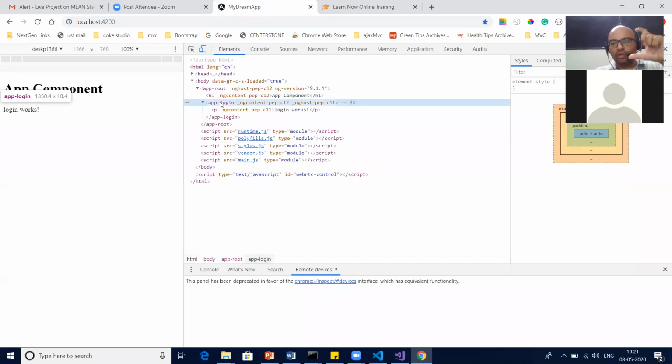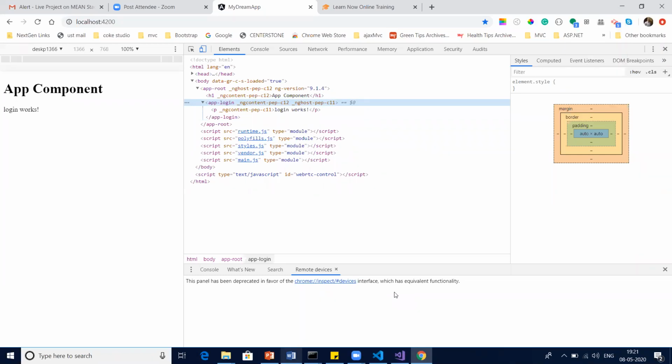So in the app component, now you have the app-login component loaded. If you open this, you can see your paragraph tag is there, your HTML is loaded.